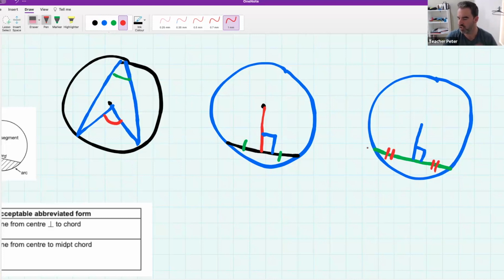So that was something we mentioned. Well, maybe I didn't mention it in the last lesson, but you'll see it come up at the beginning of today. And then what else did I talk about? Was there anything else that I talked about? Angle at the center, angle. Oh, we spoke about